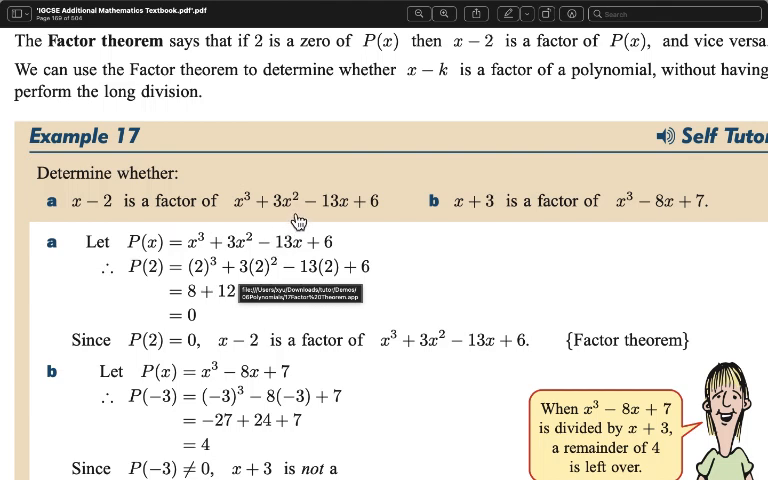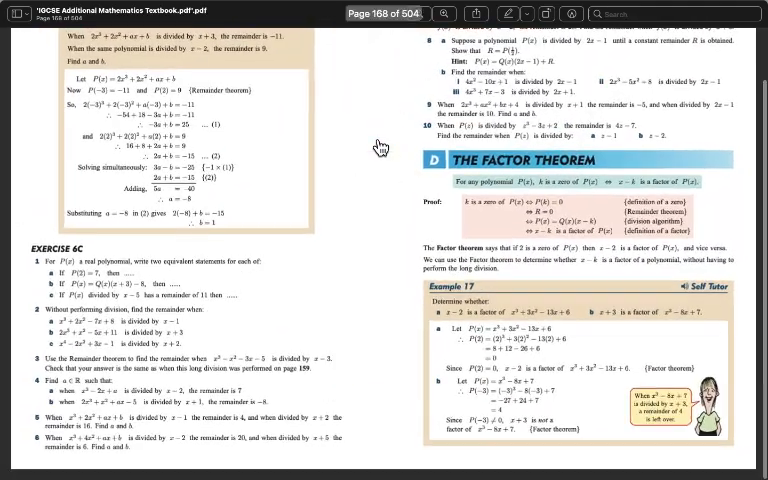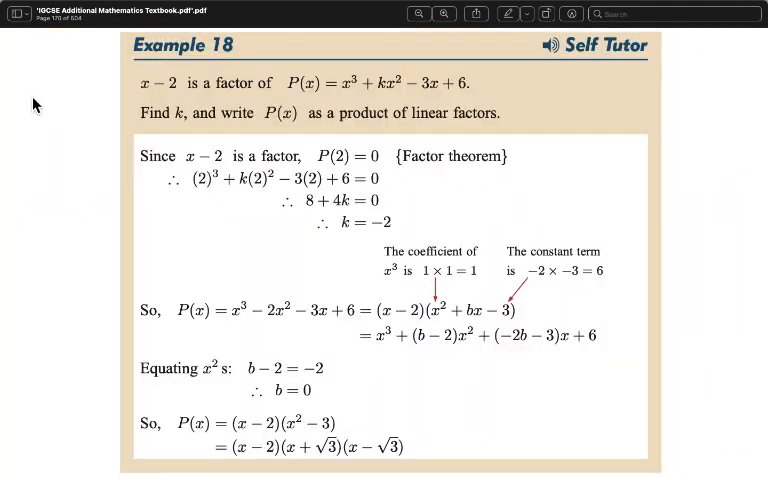and 3 times 2 squared minus 13, inputting 2 again, 13 times 2 is 26, and then plus the constant 6. In the end, you get the value of 0, which proves that x minus 2 is actually a factor of the original equation. Now, another question for factor theorem is to not let you determine, but to let you actually